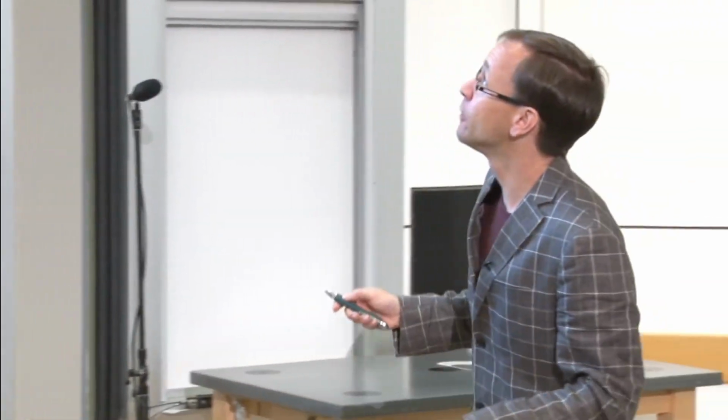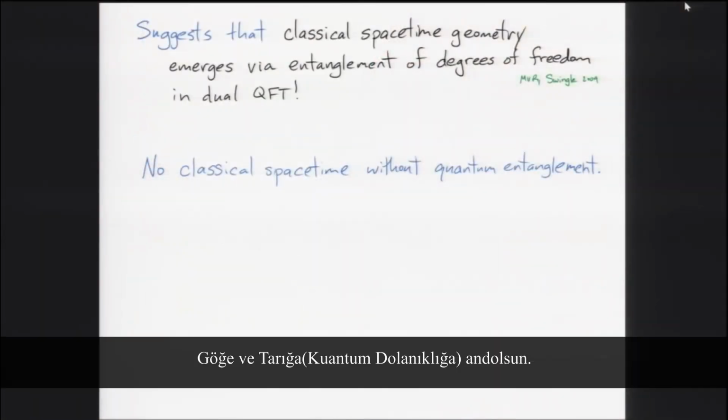Okay. And so in a sense, going backwards, that suggests, so this is all very qualitative, but it suggested that this classical space-time geometry that you had that was being described by the vacuum state of the field theory somehow maybe it emerges through all this entanglement between the quantum fields in different parts of space in the field theory picture.